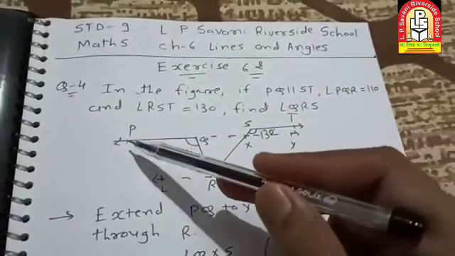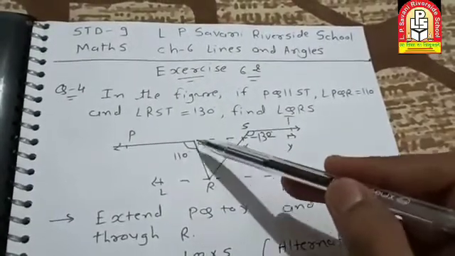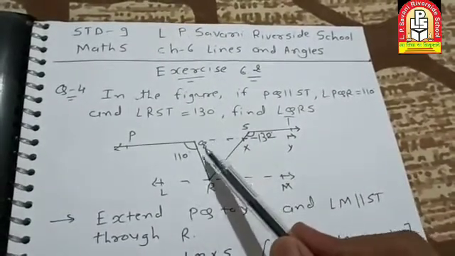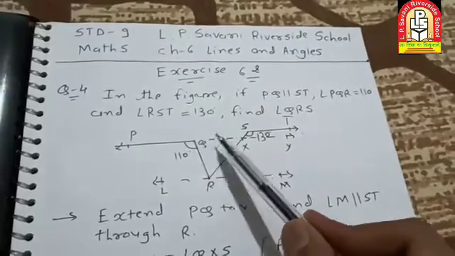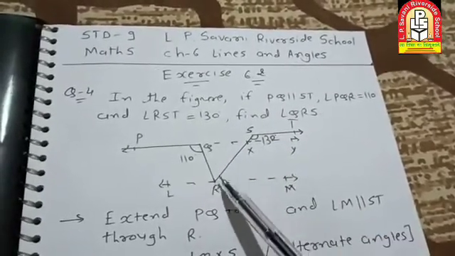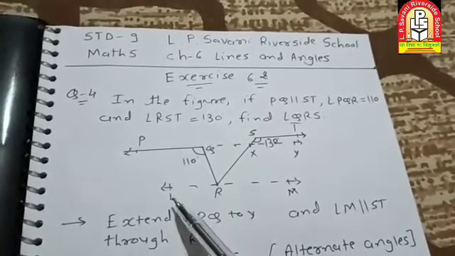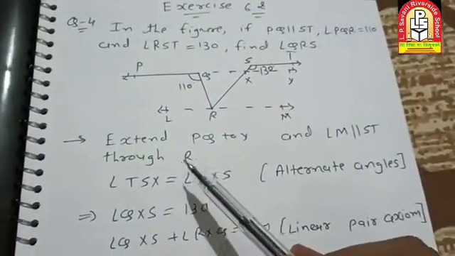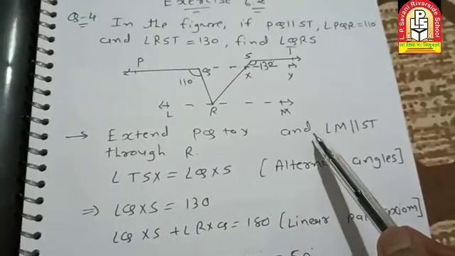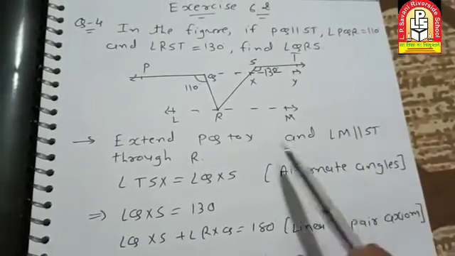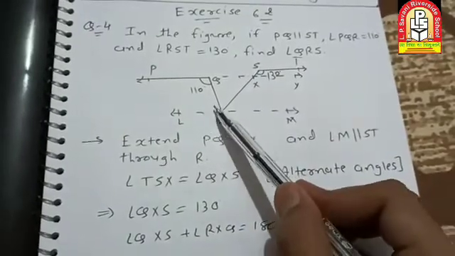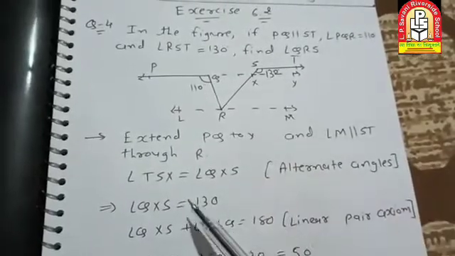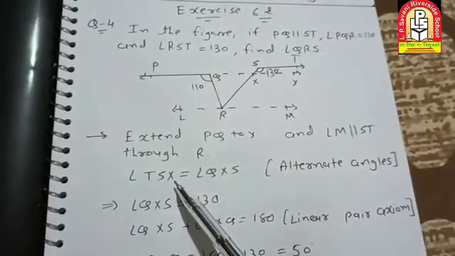In this figure, in the question, only P, Q, R, S and T are given. I just added the ray QY, extended from the ray PQ. Then I extended the ray LM from the origin R. Then I extended PQ to Y and drew LM parallel to ST through R. R is the origin of the rays L and M, so that TSX